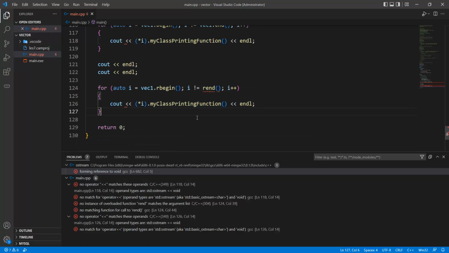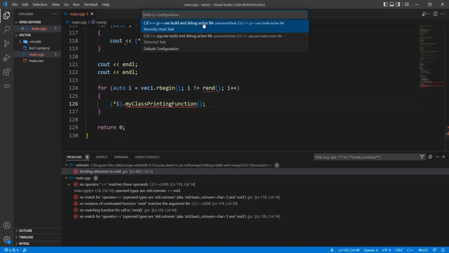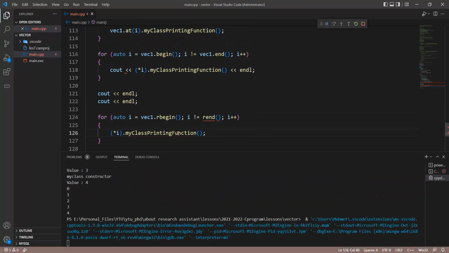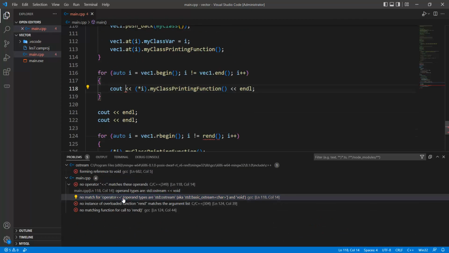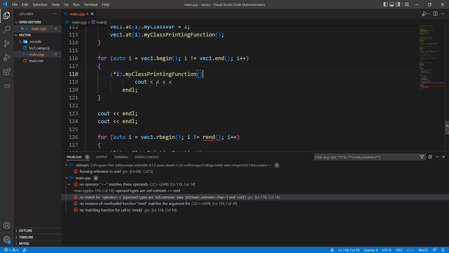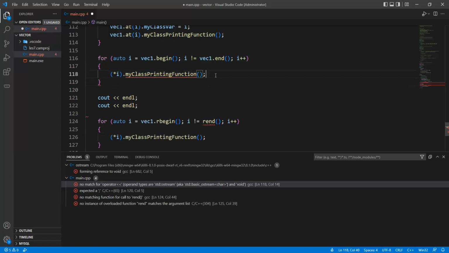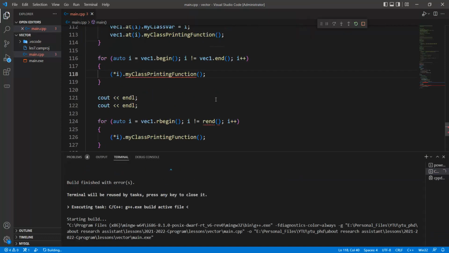Okay, and so this means that we cannot reach this function like this one, but we can call the function notation in here, okay, and so if I have this information in here, and then we have also a specific notational change in here, because my class printing function is not a cout declaration, it's a cout function already, okay, and so if I'm running this code,